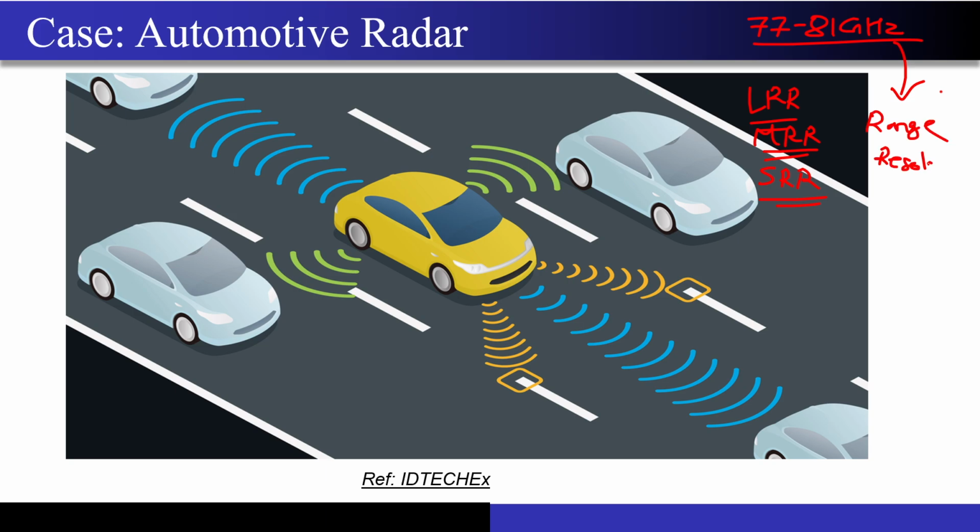Range resolution is nothing but how close two objects can get. Let's say I had two objects which are far apart, at a distance d, and now these two objects are 0.1 d apart, 10 times smaller than d. Can my radar resolve these two objects precisely, just like it was able to do for these two objects over here? To get a higher range resolution, my signal needs to have a very high bandwidth, and it is easier to obtain a higher bandwidth at a higher frequency. That's why we went to 77 to 81 gigahertz.